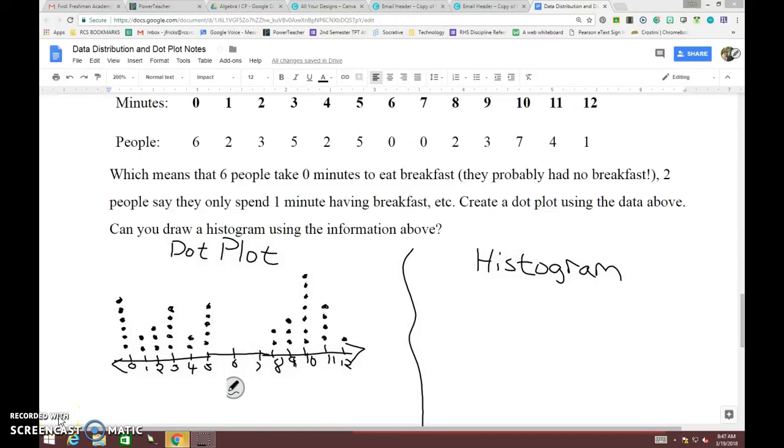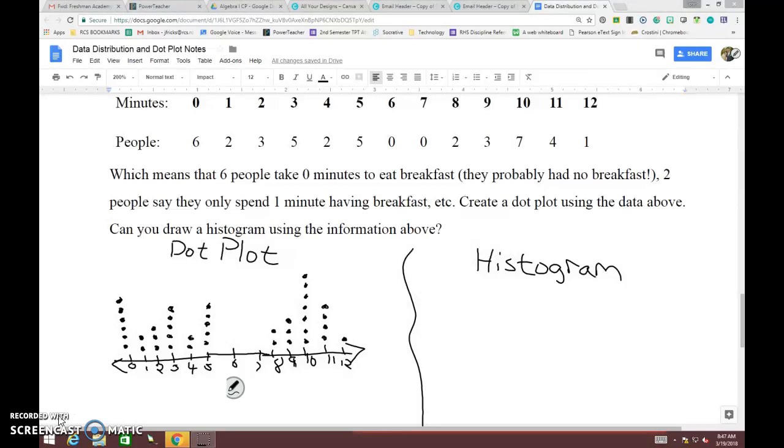All right, so for our dot plot, you should have got the following as your answer. If you look here, we had, like we said, 6 people that ate 0 minutes, 2 people that ate 1 minute, 3 people that ate 2 minutes, 5 people that ate 3 minutes, 2 people that ate 4 minutes, 5 people that ate 5 minutes, 0 people who ate 6 minutes, 0 people who ate 7 minutes,